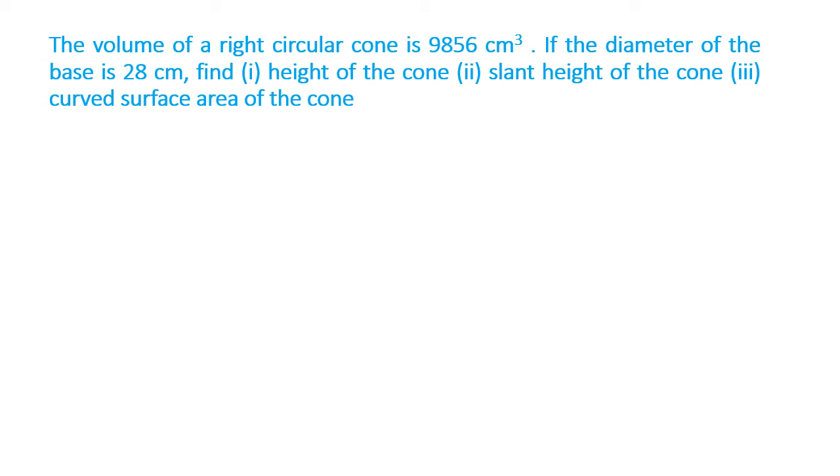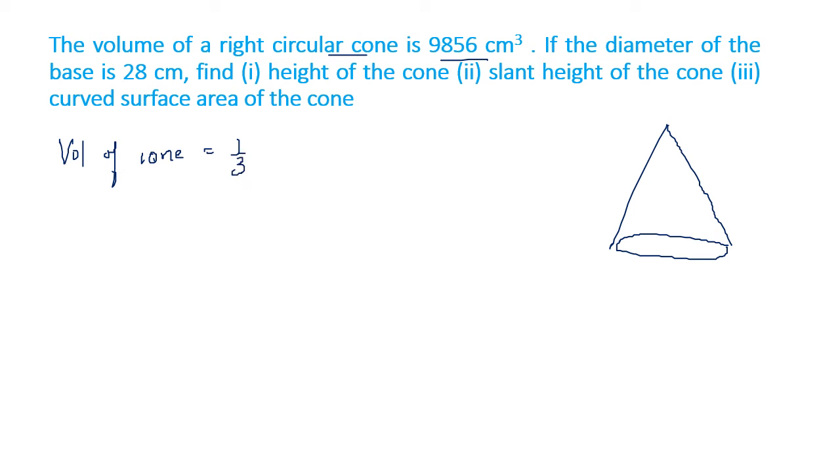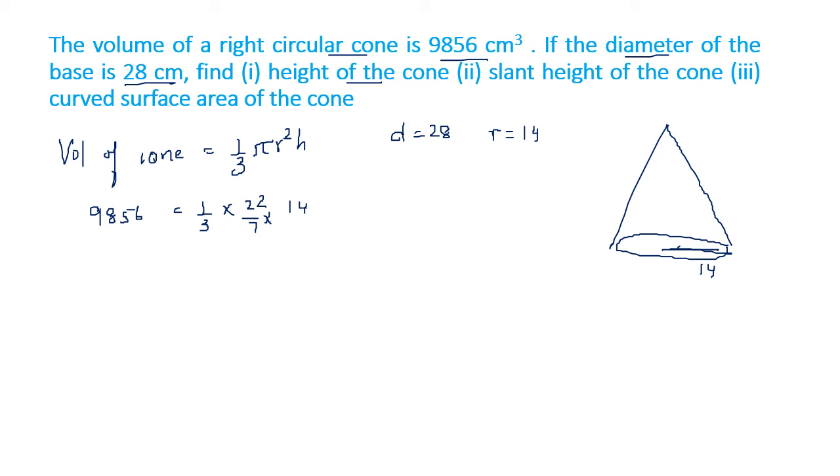Now, next is the volume of a right circular cone is given. So let me draw a right circular cone. The volume is given. What is the formula of volume of cone? Equal to 1 by 3 pi r square h. Now it is given the diameter of the base is 28. Diameter of the base is 28. Radius is 14. Radius I will take 14. We have to first find the height of the cone. So let us put the volume 9856 equal to 1 upon 3 into 22 by 7 into r 14 into